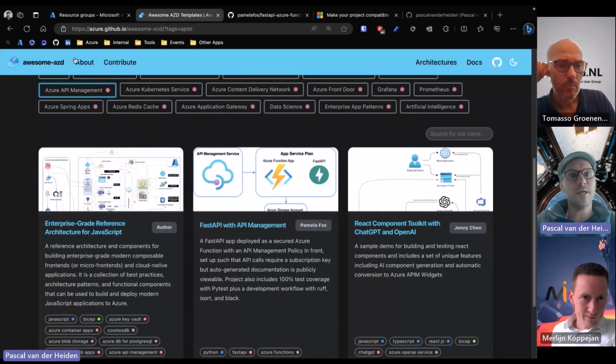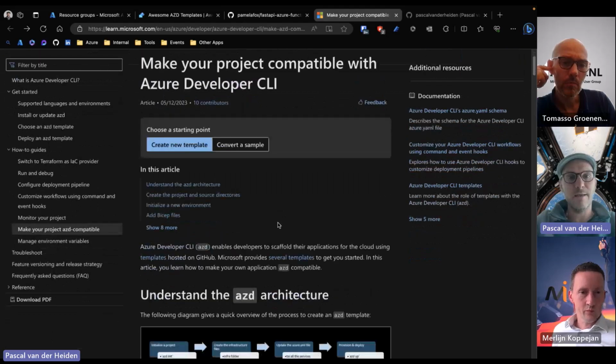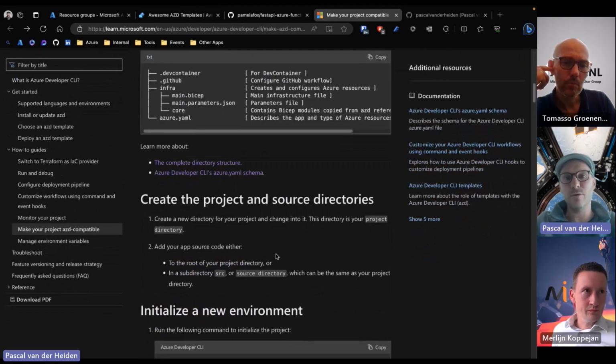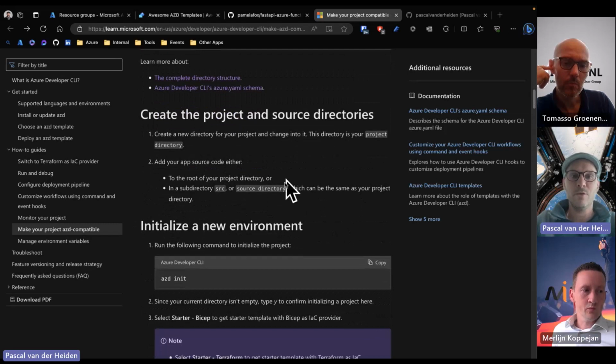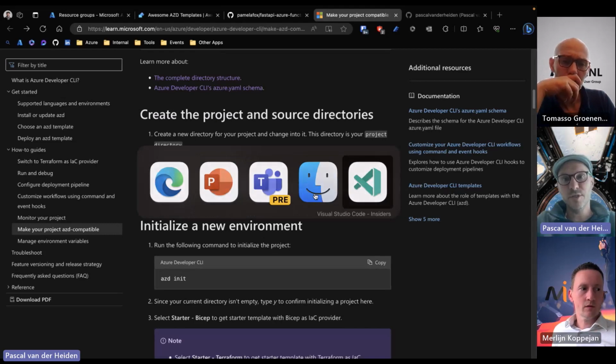There are some links in here to the docs and to architectures where you can see how you create this, right? So how do you use Developer CLI? How is it built up? What does it create for you? How do you create it for your own projects or your own source directories? So you can leverage the documentation to see how you can do that step by step. Well, let's dive into the